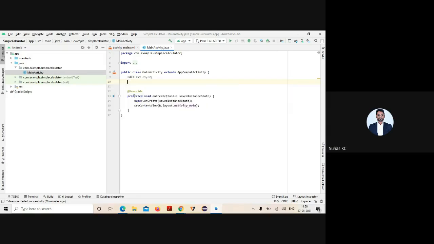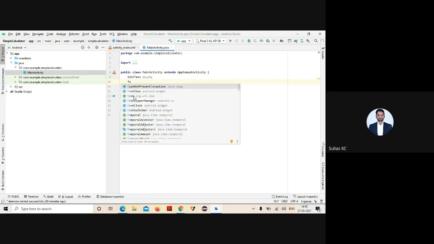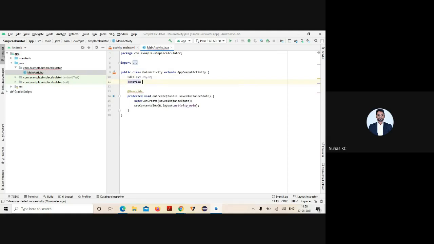Capital T, TextView. Why it is used: in order to display the result. I'll just name the object name as result itself. So this is your object name.